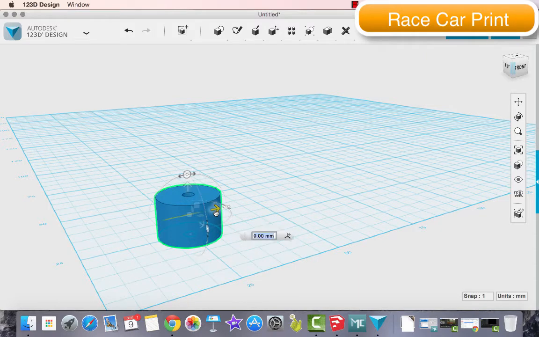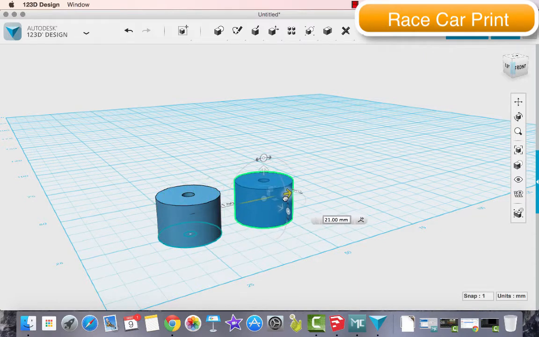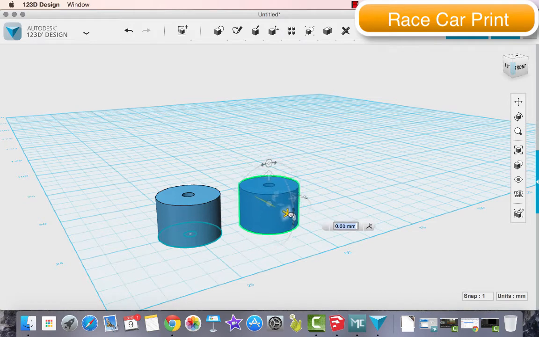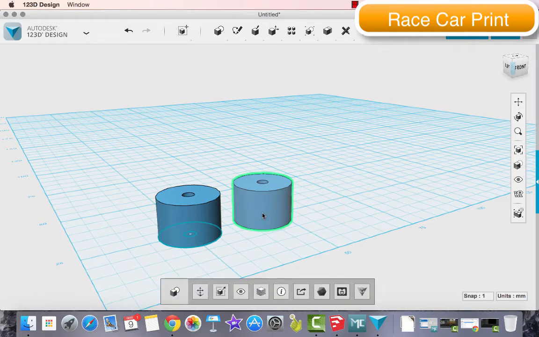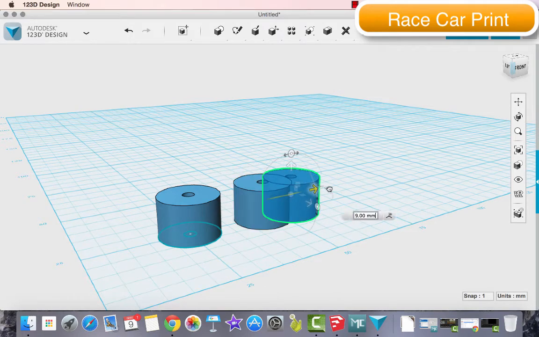So either I want to pull it along this axis here, or pull it along this axis here. But what I don't want to do is I don't want to just have it floating, because then it'll be a bad print. So I can do this and repeat that step